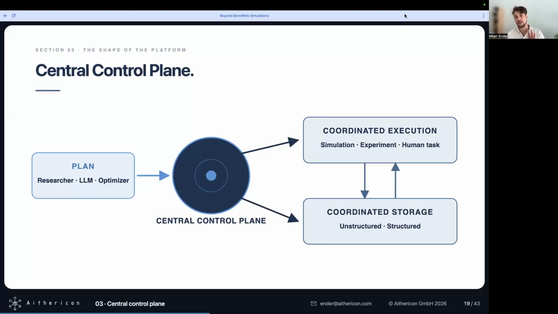And once you have the central control plane, then the door really opens up for you, because then you can orchestrate these workflows spanning all these systems, and you can be smart about what you schedule. So which experiment should run, which simulation should run, and how we derive insights from this data.